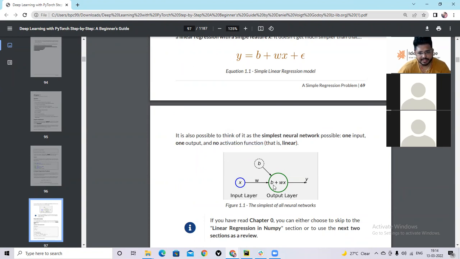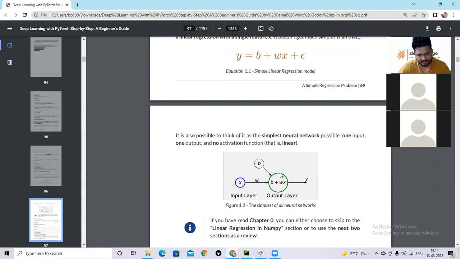If there was an activation function, then what would happen? That function would be applied on this linear combination. That function can be like cosh, tanh, or sinh, or anything, softmax. So this green circle is a linear combination, right?